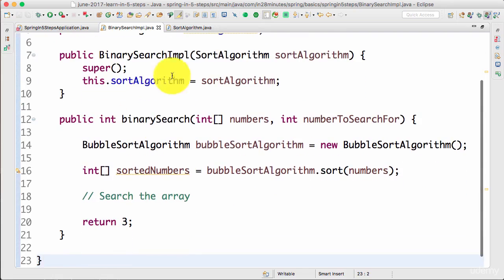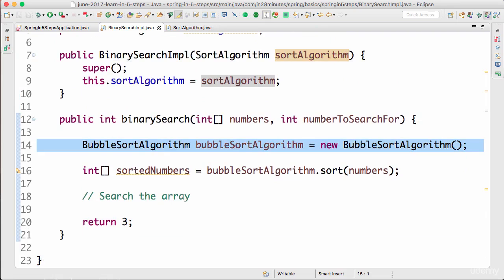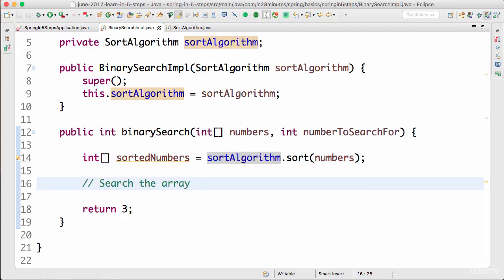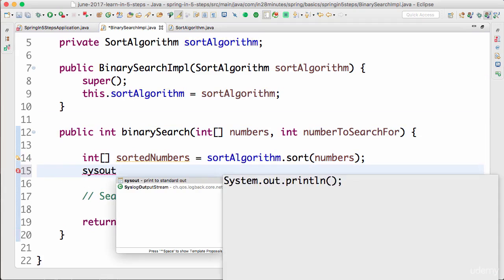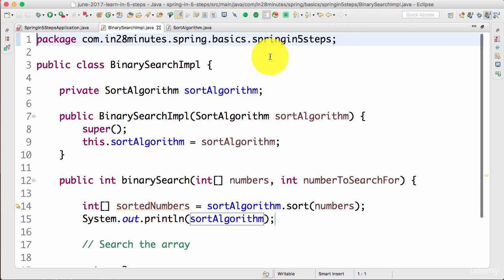What I would now need to do is to switch the program to use this sortAlgorithm instead of the bubble sort algorithm. So now the program uses sortAlgorithm. I'll also do a sysout of the algorithm which is being made use of. So I'm doing a sysout here saying sortAlgorithm. We have changed the BinarySearchImpl to use the interface.